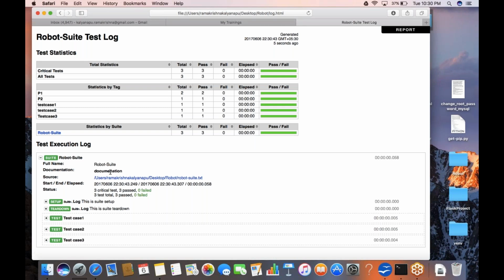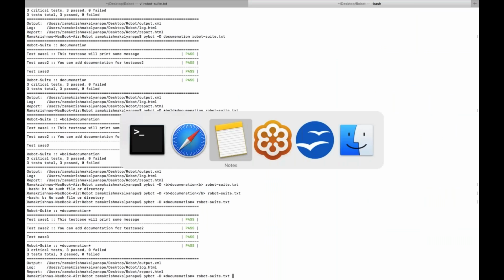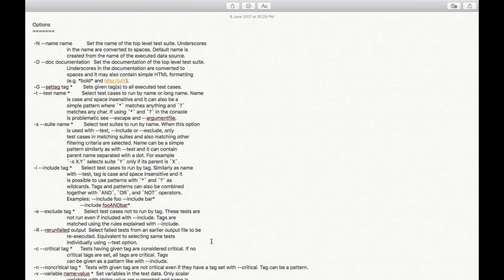So the font is changed to bold. Okay, so like this we have some formatting. So we can add links also, like HTTP links also we can add. Okay, so similarly,